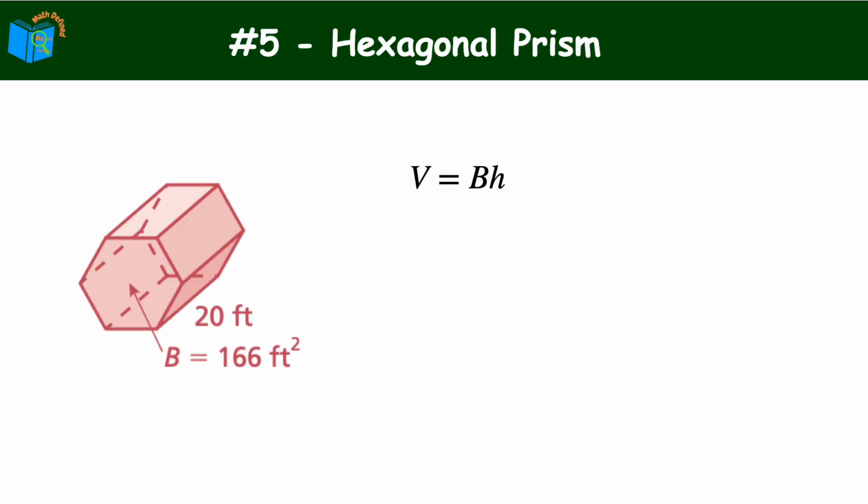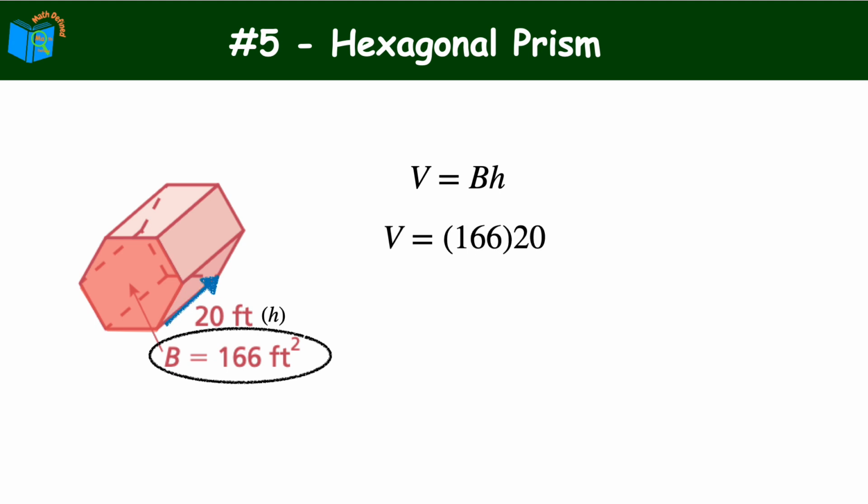Now for the big one, a hexagonal prism. Looks complicated, right? But it's actually way easier than all the other prisms we found volume for today. The base of this prism is a hexagon. The good news is the area of the base is given in the diagram, 166 square feet, and the height of the prism is 20 feet. We just plug these two numbers into the formula and then multiply. 166 times 20 to get the volume,